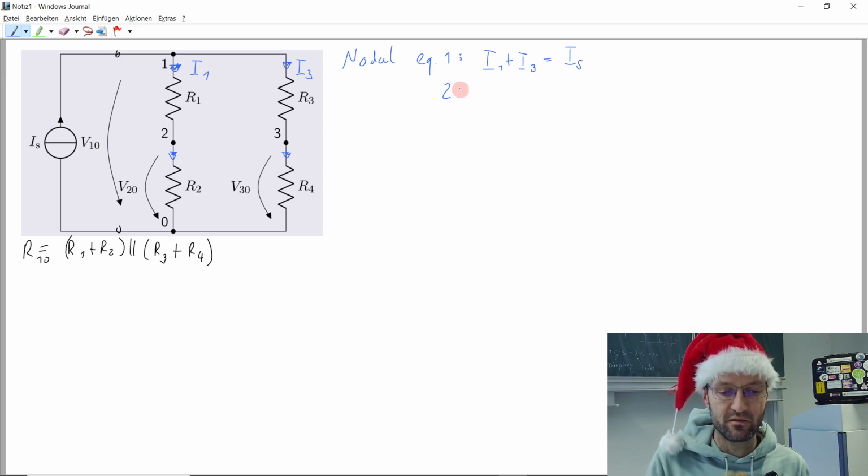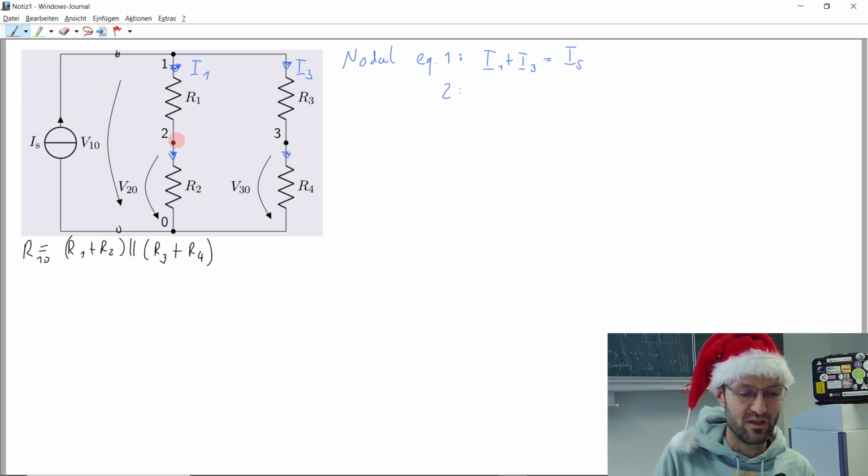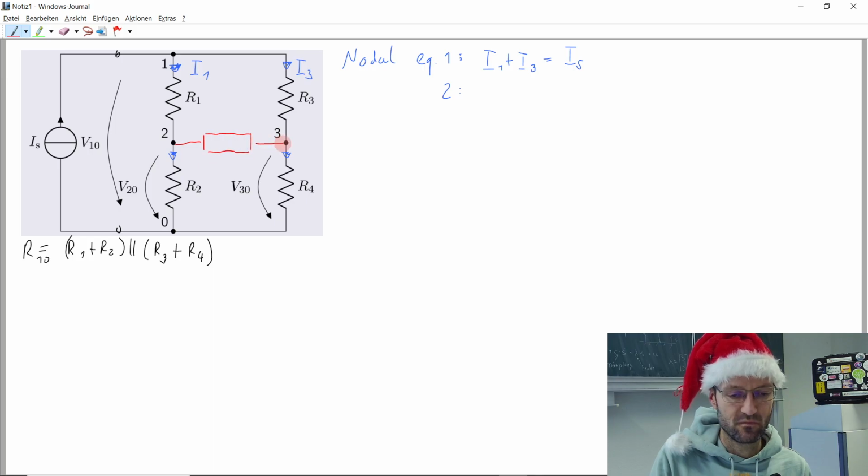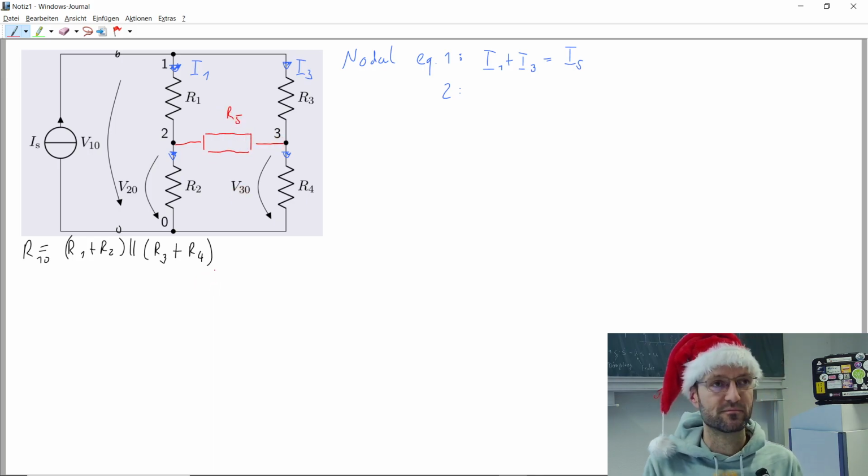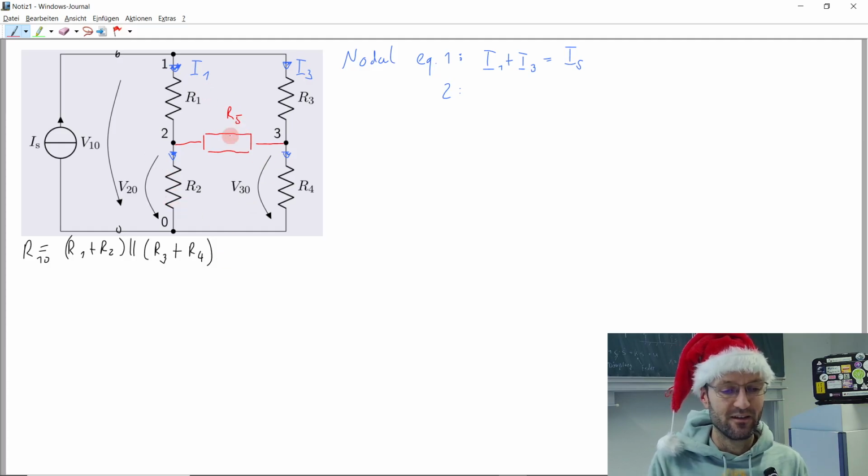For the second nodal equation, it's not really a node yet, but I can tell you later the motivation for why we do this with nodal analysis. Let me spoil something in between. Later on we will add a resistor here that I will call R5. If we take this resistor R5 into account, and once again we want the total equivalent resistance of the circuit, how do we do the calculation then? Anyone some idea?